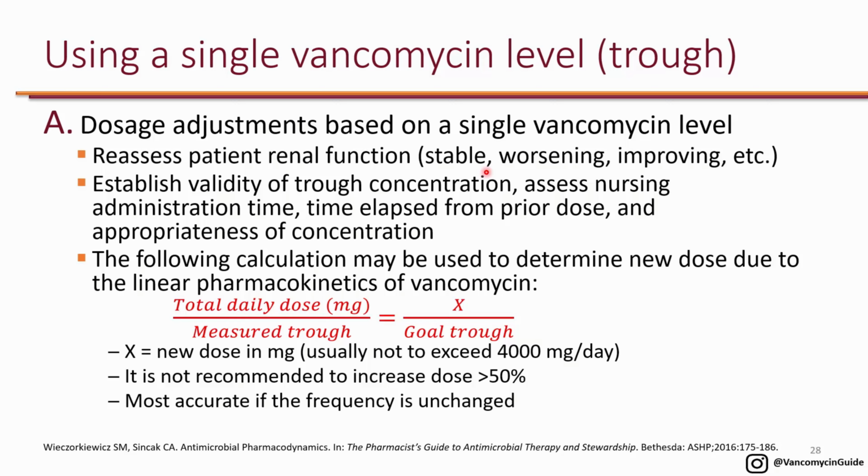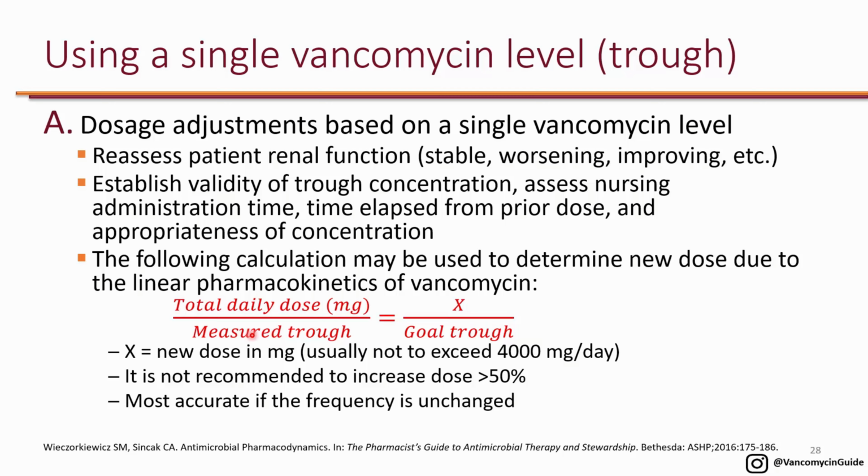Once you establish that the level was actually a trough, then you can use a simple proportion to estimate how to adjust the dose. And this equation of proportions only works with total daily dose. For example, if somebody was receiving 1 gram Q8, then the total daily dose would be 3 grams. So you would put 3000 milligram here, and then you would put here the actual level that came back as a trough,